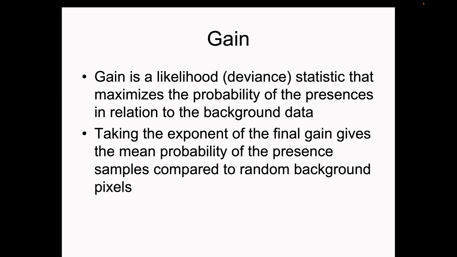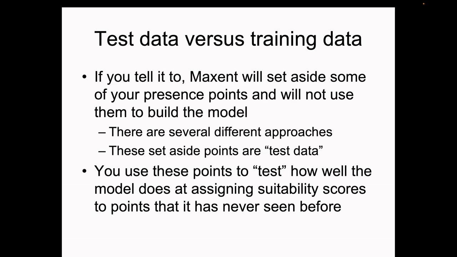But another very important issue with species distribution modeling that I want to discuss is this issue of test data versus training data. So you have all of your data that you give to Maxent. But what Maxent will do, if you set it right, is it will set aside some of your presence points that you give it, and it will not use them when it's building this equation relating the environmental variables to the presence or absence of the species to make the habitat suitability equation. So this set-aside data, these presence locations that Maxent doesn't use,